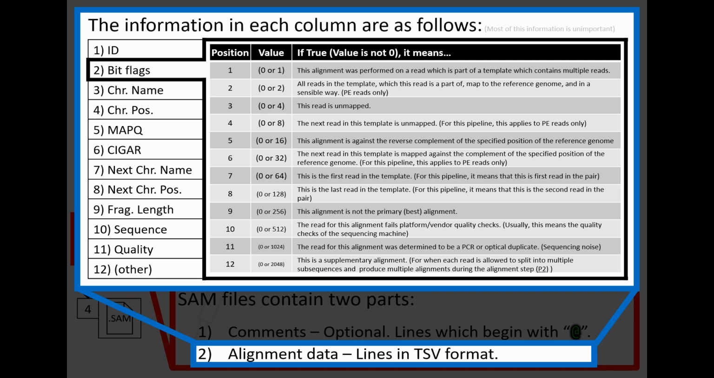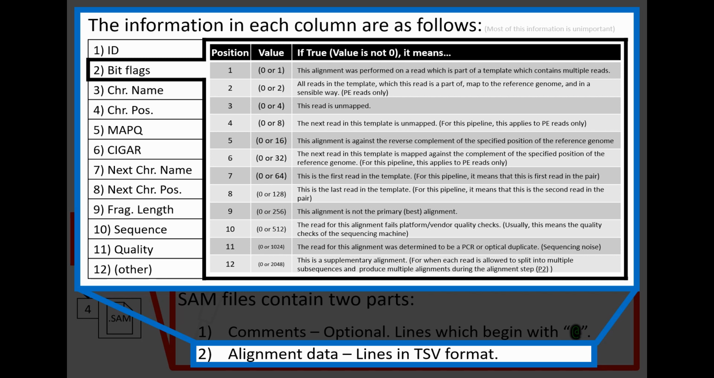The ninth flag indicates that this alignment is not the best alignment for this read. It should only appear when users allow reads to yield more than one alignment result each during the alignment process. The 10th flag indicates that the read for this alignment fails platform or vendor quality checks. The 11th flag indicates that the read for this alignment was determined to be a PCR or optical duplicate, also